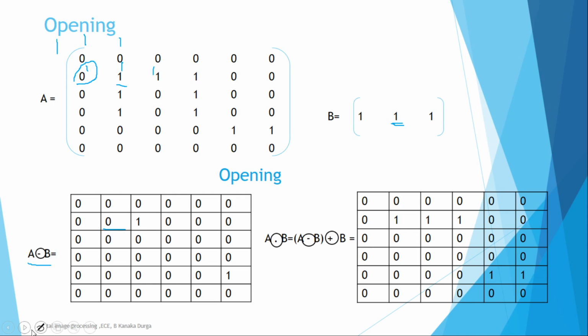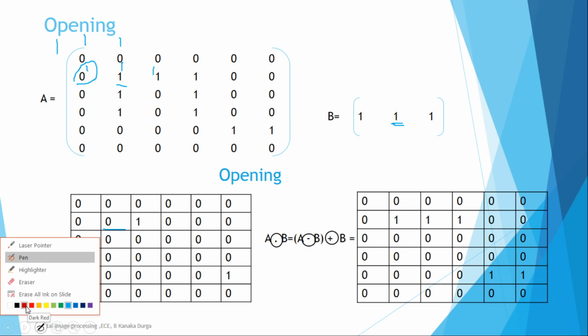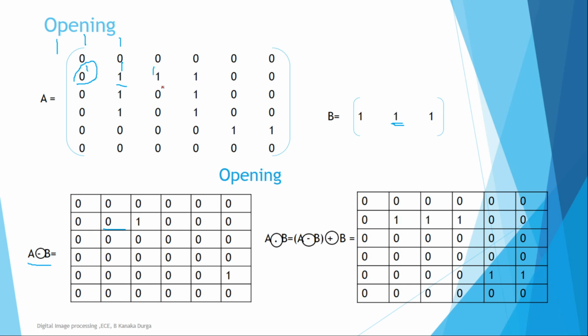Next comes the case of this pixel. So if the origin has to match with respect to center, this 1, 1, 1. In this case, all the values have been matching with respect to the structuring element, so the resultant goes for 1. So we have calculated the erosion. A erosion of B is this resultant matrix.